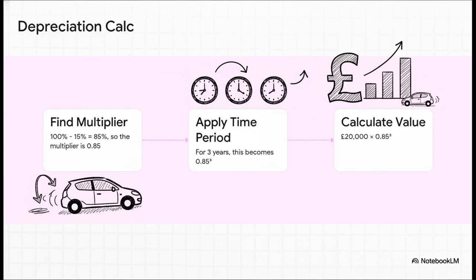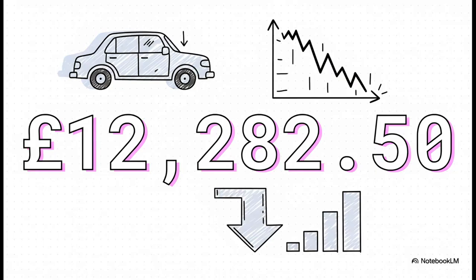First up, we need the multiplier. Now, if something loses 15% of its value, that means 85% of its value is left over. So our multiplier is 0.85. Since this happens for 3 years, we raise it to the power of 3. Then, just like before, we multiply that by the starting price of the car. And the result? After just 3 years, that 20,000-pound car is now worth just over 12,282 pounds. That is a massive drop in value, and we calculated it using the exact same method as compound